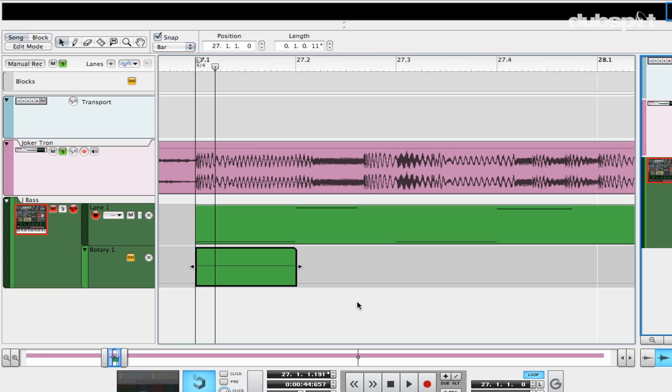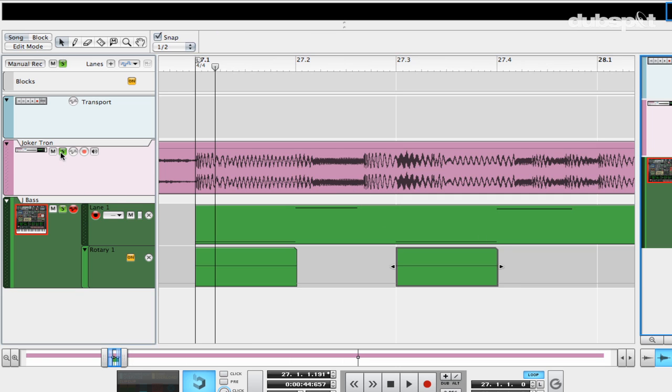Then I'm going to turn the snap back on. Let me set my value resolution to 1/2 bar, and I'm going to click and drag this clip to the second part here. So if I play this back, we should hear heavy detuning going on for the hard notes that hit and less detuning for the others. I'm actually